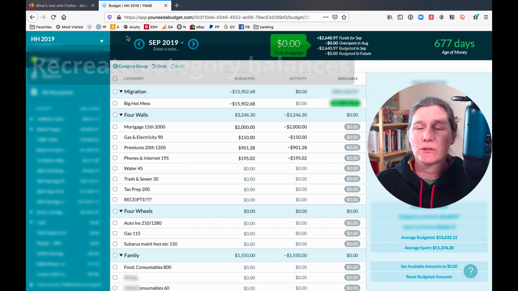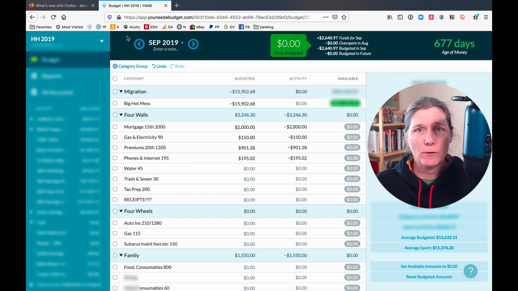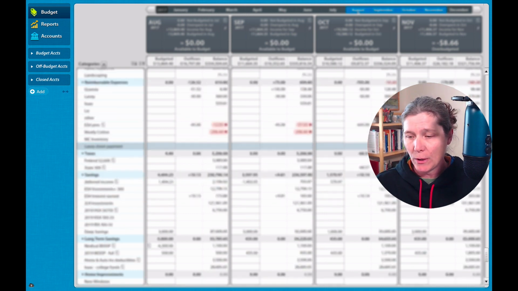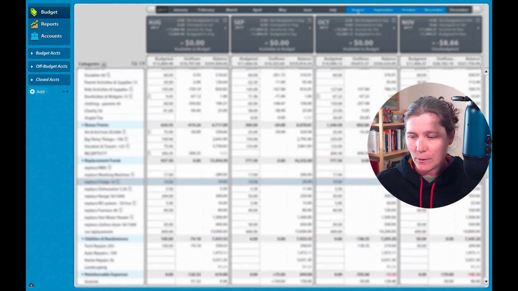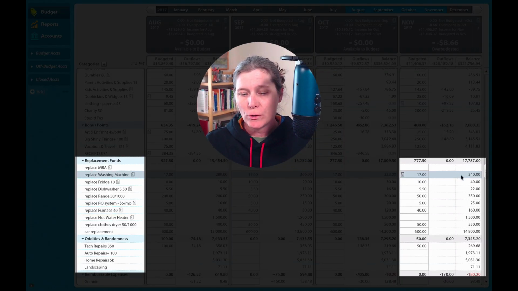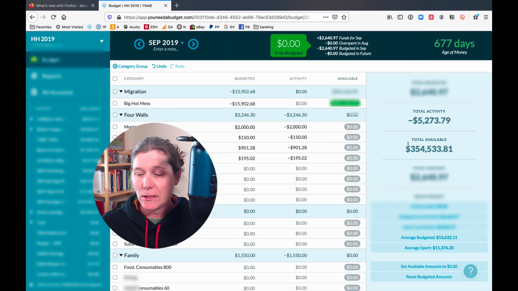And now the final step, that's translating or moving your YNAB category totals from YNAB4 into the new YNAB. Last month, what were your category totals? And you're just going to take them one by one by one. So here I'm going to look at my replacement funds here. I have $340 in my replace washing machine category. And what that looks like in the new YNAB, you're going to take that $340, use this move function in the new YNAB,